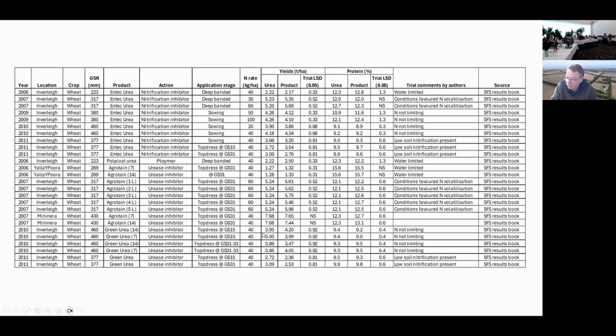So I'd stopped the whole trial. I just pulled out the standard urea compared against these inhibitor products at different times. So it was just to give people a bit of an understanding of whether there was any yield difference or any particular protein differences in the crops. Southern Farming Systems is the only one I've got. So if you know of any other groups that may have done work on this and would be happy to have that in the database. I was really looking to try and build a database of all the Southern trial work that was done. This is as far as I've got. So this is just a bit of an offer. If you know of any other stuff, if you can shoot that through to me, I'll include it in this database and send it around to people.